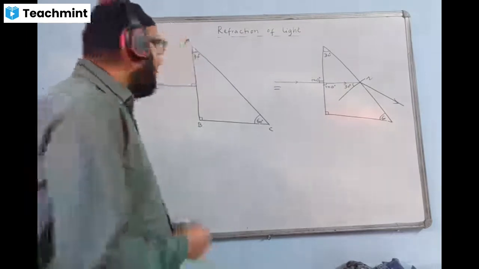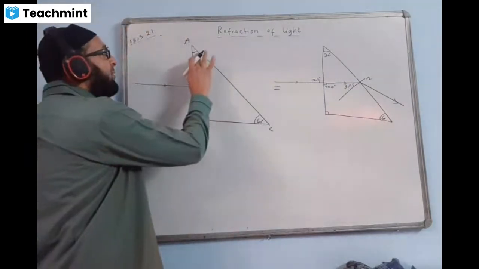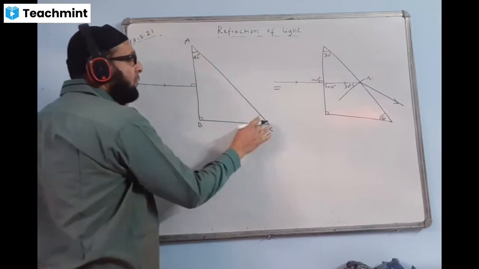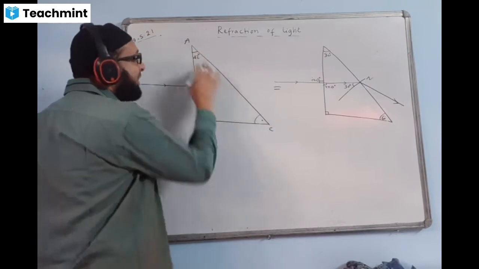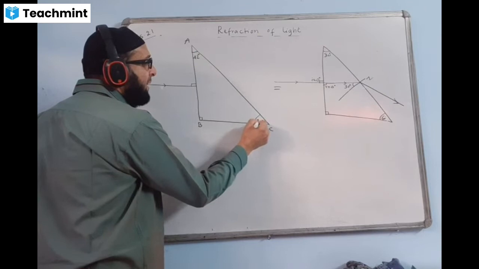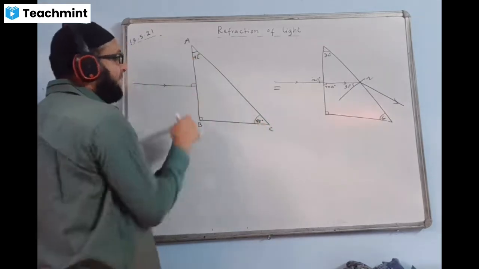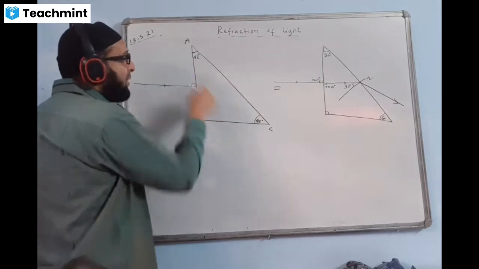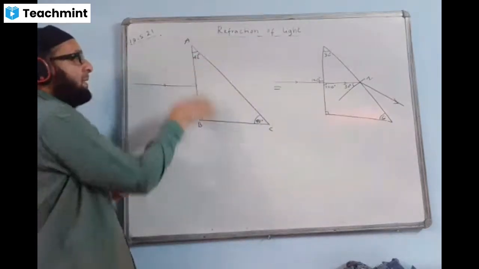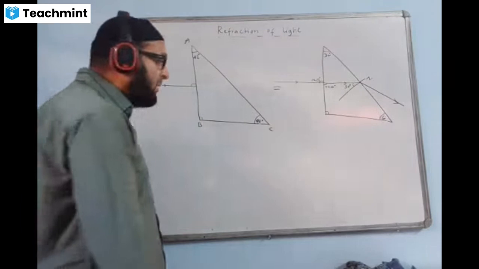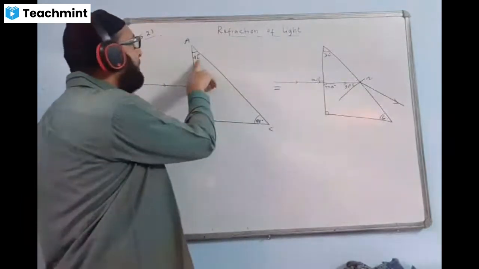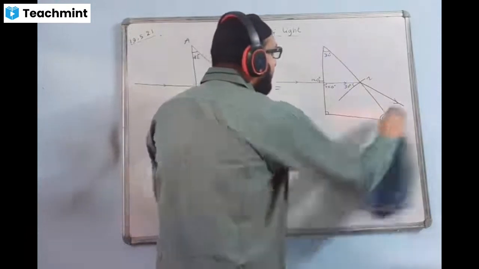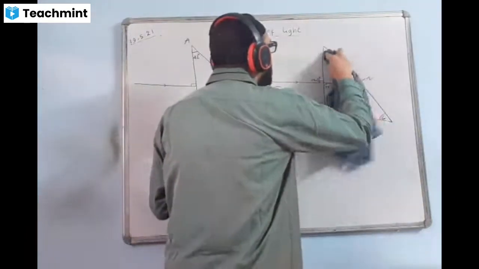Done. Okay, now I'll just change the angle here. For the next question I'll give this angle equal to 42 degree. I'm changing the angle, so this will be 48 then, because the total angle must be 180. 90, 48 plus 42 will be another 90, the total is 180. Okay, now let us complete this one. You can tell me what is happening now. Now I changed the angle, this angle I'm taking 42 degree instead of 30 degree. Now tell me what would happen in this case.